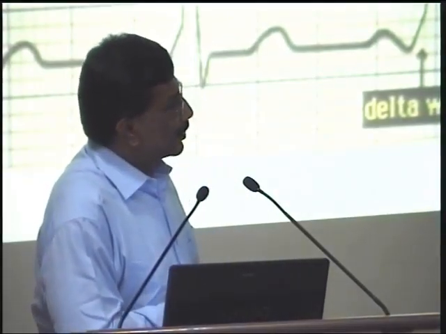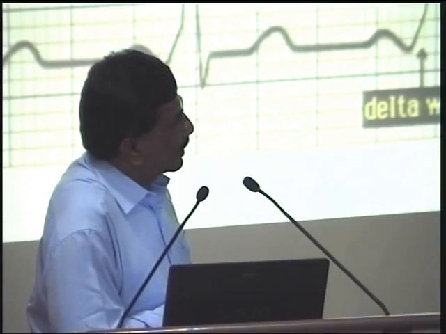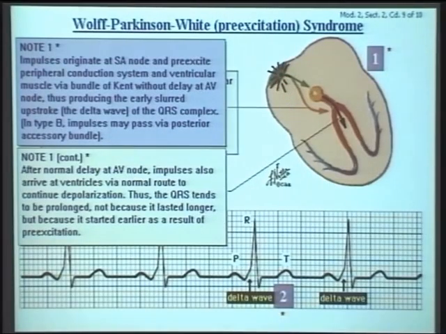What is the importance? Why do we have to break our heads at 7:30 PM today on Saturday about WPW syndrome? It is because of its ability to produce supraventricular and dangerous arrhythmias, which are life-threatening arrhythmias. So this is a fusion complex, as you can see, with the activation fronts coming through the accessory pathway and also the normal pathway producing the short